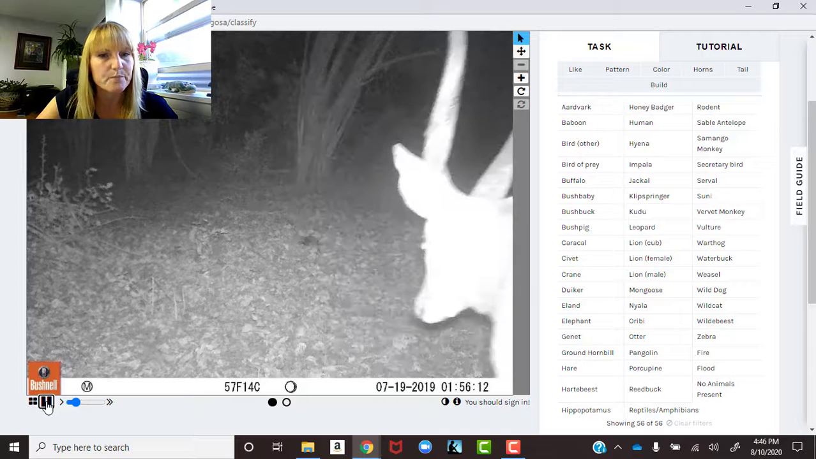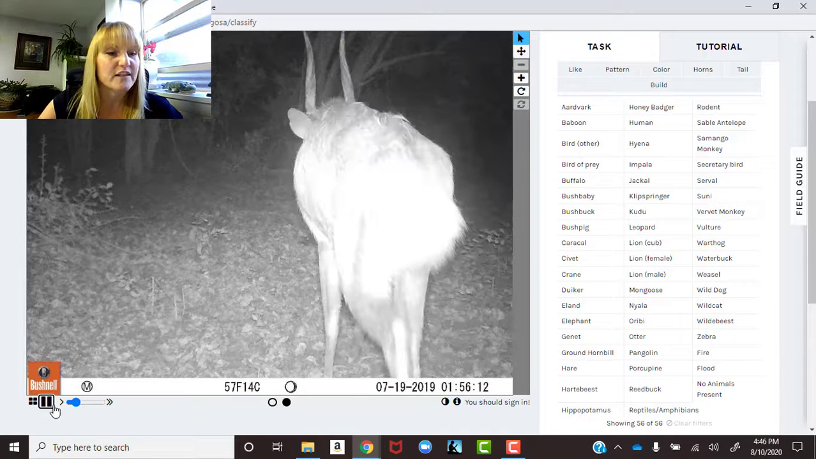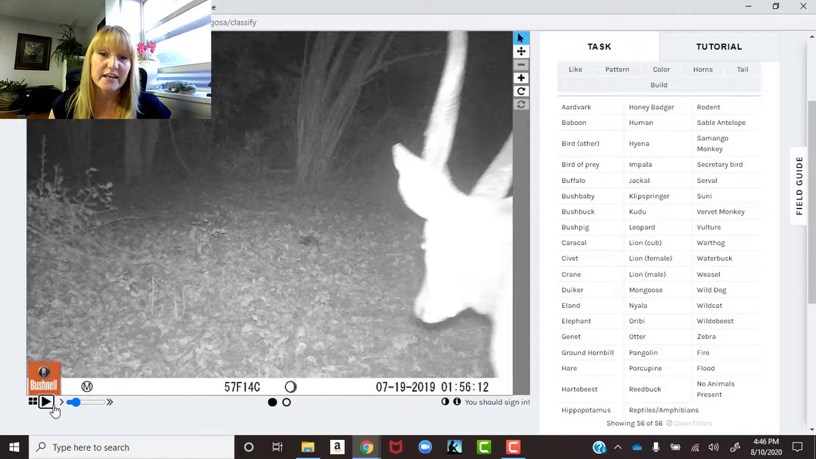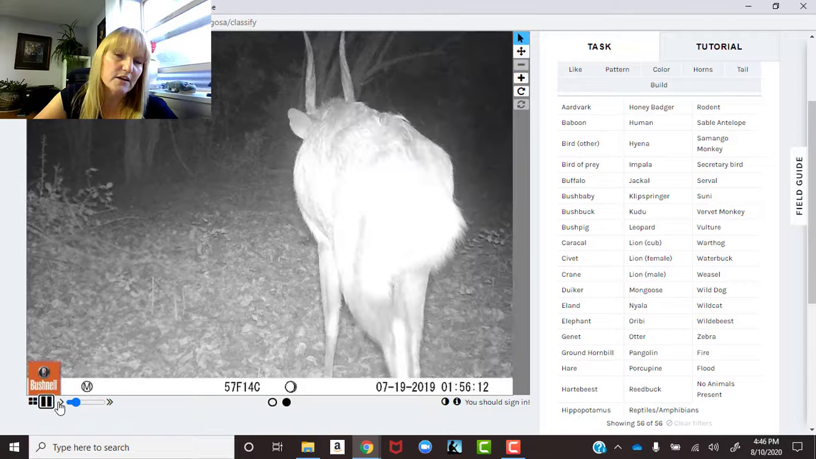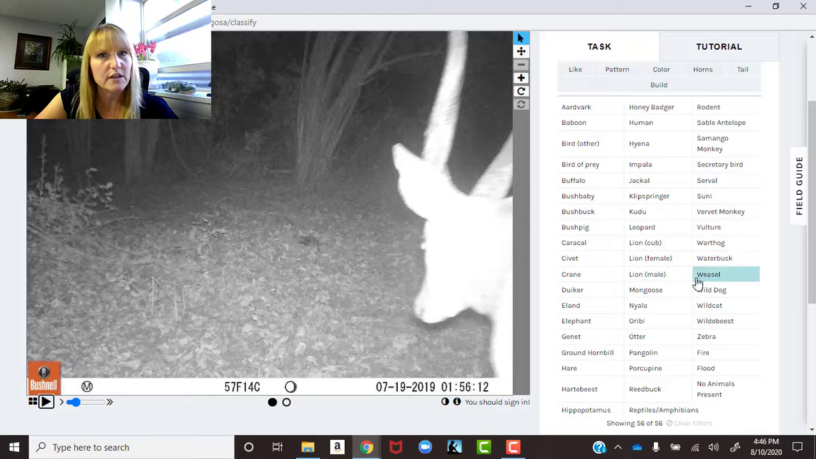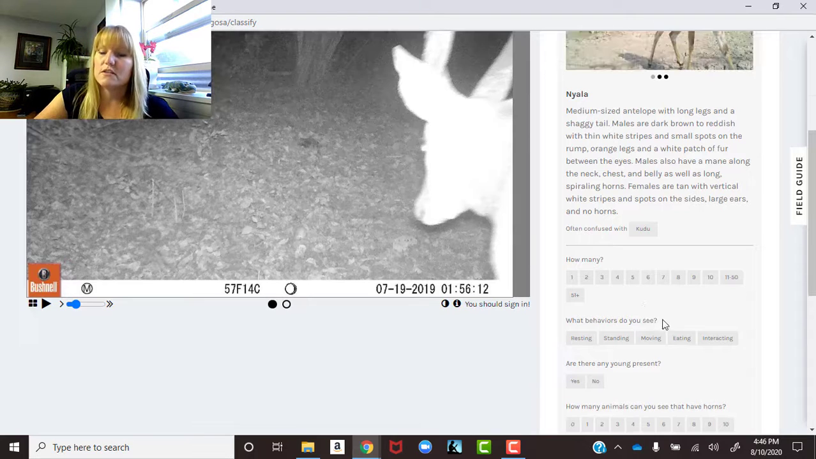So let's hit play. Now that actually helps a little bit because as it walks forward there, we can see a little bit about its build and how shaggy it is and what its tail looks like, which tells me I really do know what this is. So the giveaway for this one is these horns have this very specific spiral to it, and it's a little shaggy, not quite as shaggy as the waterbuck, but it's still shaggy. There's a lot of antelope out there that aren't shaggy. So this is a nyala,